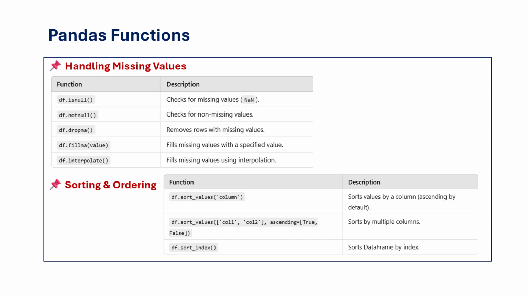df.sort_values(['column1', 'column2'], ascending=[True, False]). This sorts the data frame using multiple columns. The ascending parameter allows different sorting orders for each column. For example, column1 is sorted in ascending order, column2 is sorted in descending order. So this method is useful when one column contains duplicate values and needs a secondary column to determine the